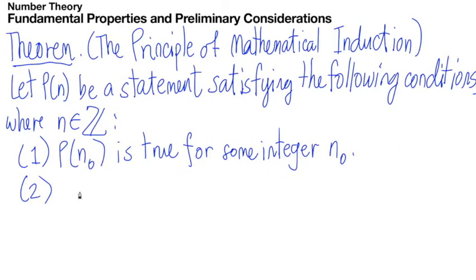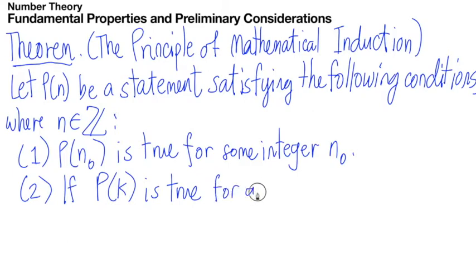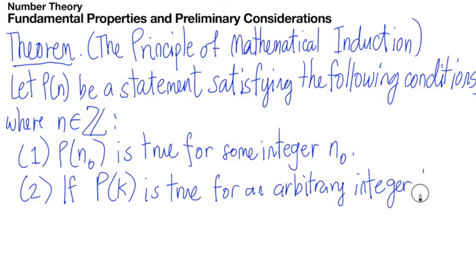For condition 2, if P of k is true for an arbitrary integer k, which is greater than or equal to n sub 0,